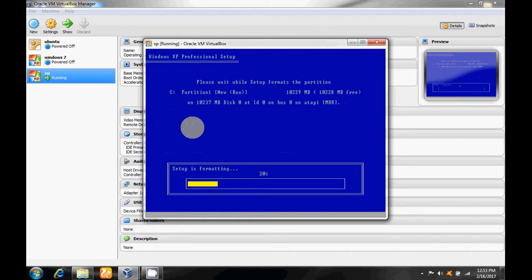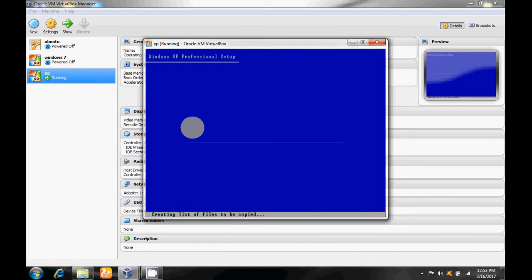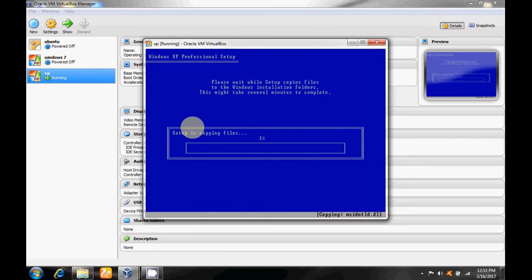This is the formatting. It takes approximately 1 minute only. The installation of Windows XP is beginning.